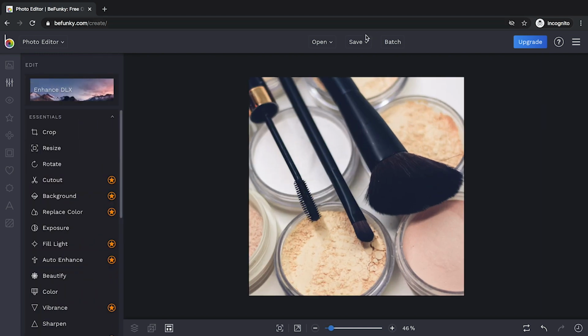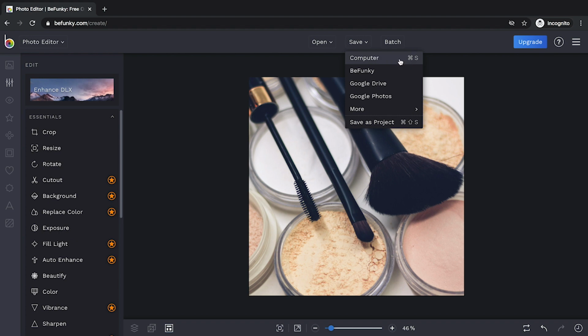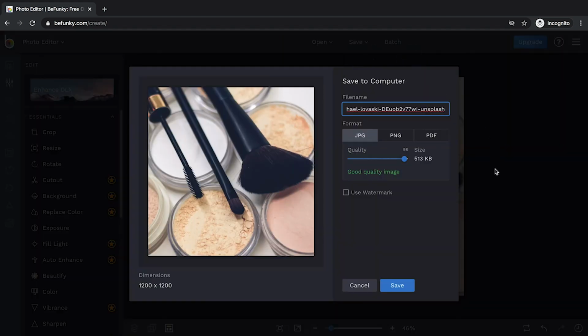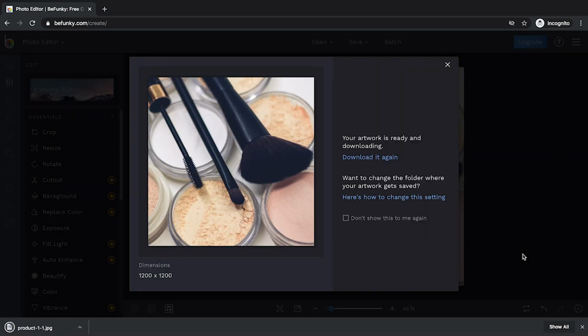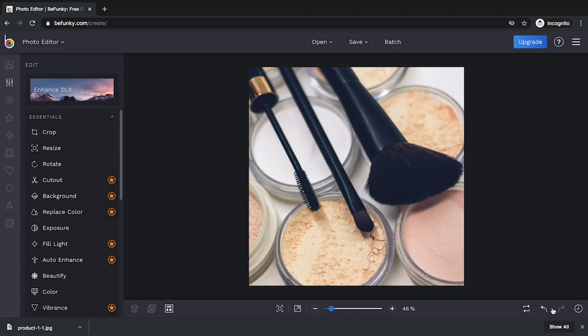Okay, now what we can do is save that image out. So let's save this to our computer, and we'll call this one product 1 and the first image. Save it as a JPEG. On this occasion, save it as the maximum file size. Places like Shopify and other website builders will often compress it to the best possible quality anyway, so you may as well give it the best possible quality to send to it. So let's save this, and we've got that done. Brilliant. Okay, let's do the other one.